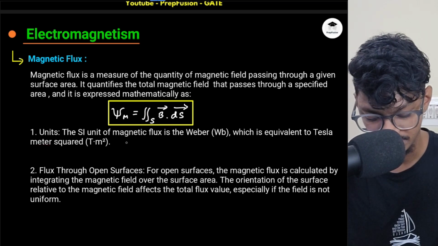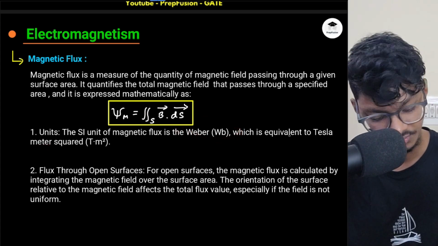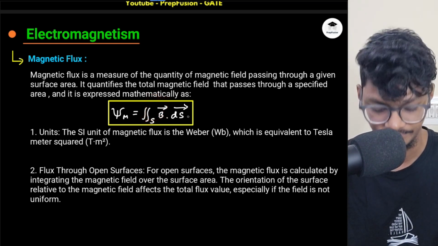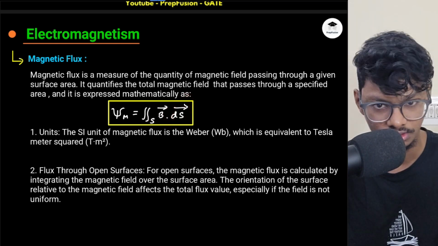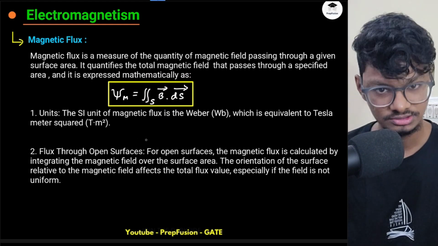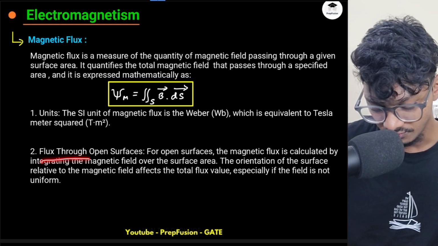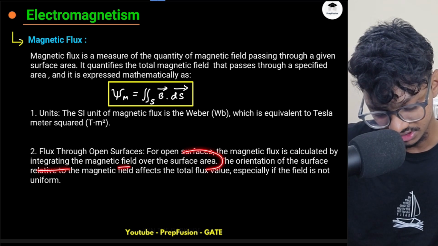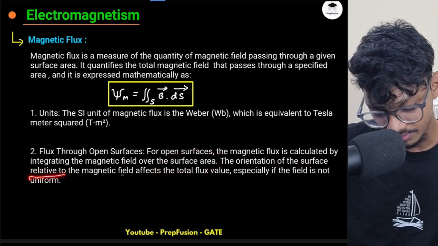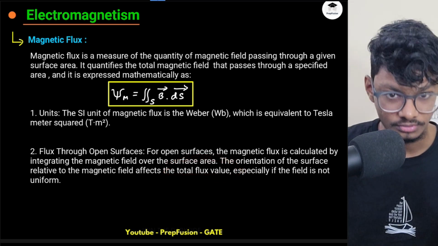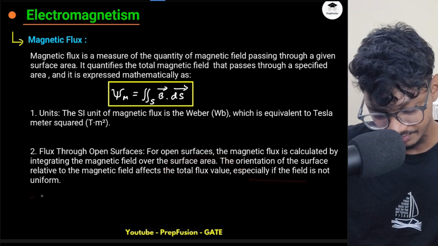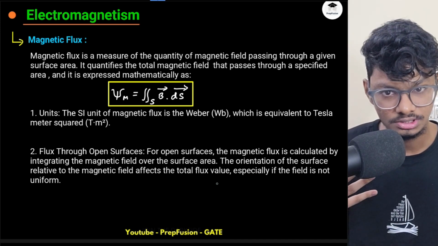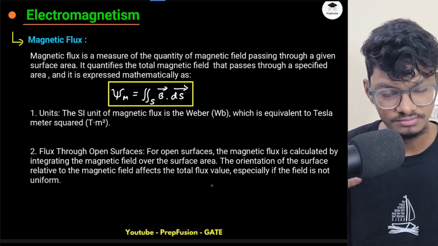The SI unit of magnetic flux is Weber, which is equivalent to Tesla meter square, because the unit of magnetic flux density is Tesla, and meter square is the unit of surface. Now there are two cases of flux, same as in the electric flux. Flux through an open surface: for an open surface, the magnetic flux is calculated by integrating the magnetic field over the surface area. The orientation of the surface relative to the magnetic field affects the total flux value. Okay, so some orientation has to be given, especially if the field is not uniform. So the orientation has to be given if we have to compute the magnetic flux, whether it will be positive or negative. Just a sign change will come,